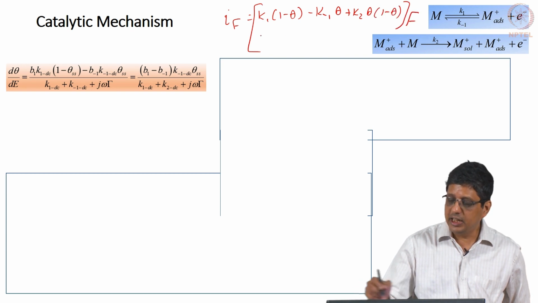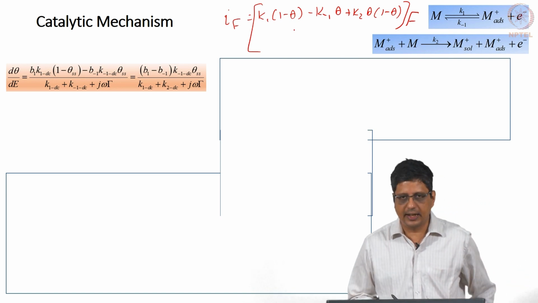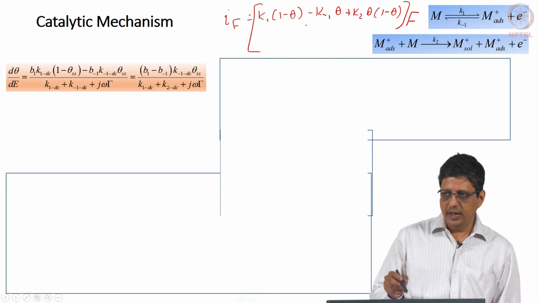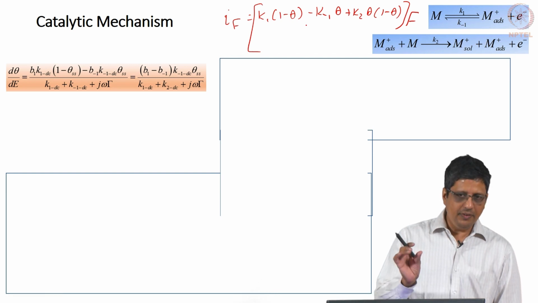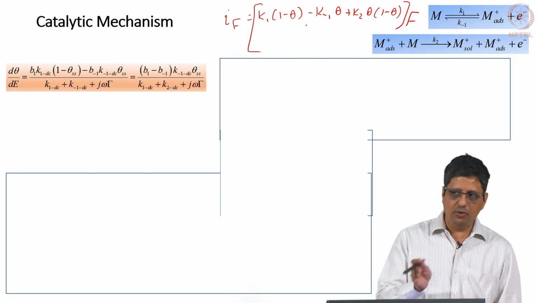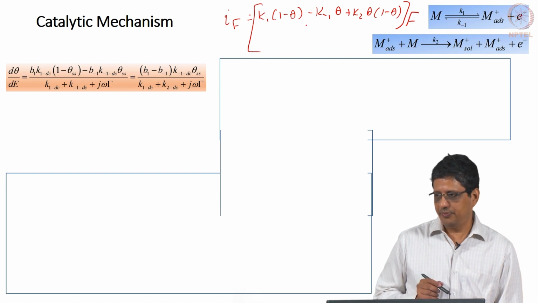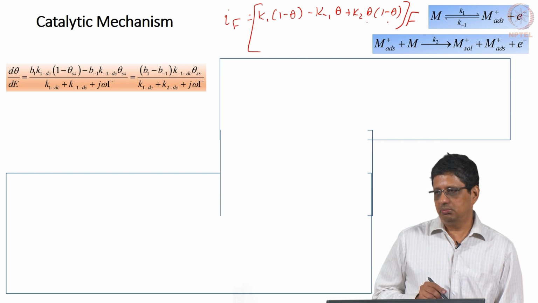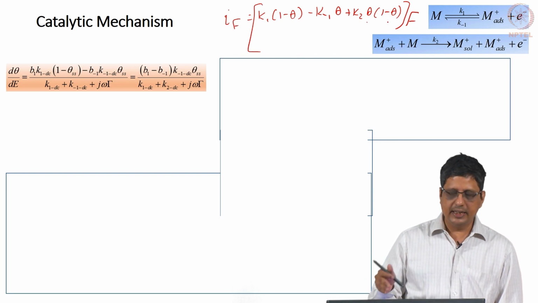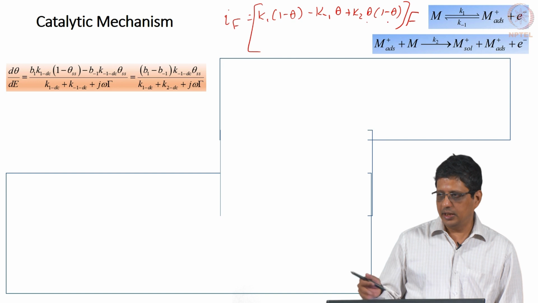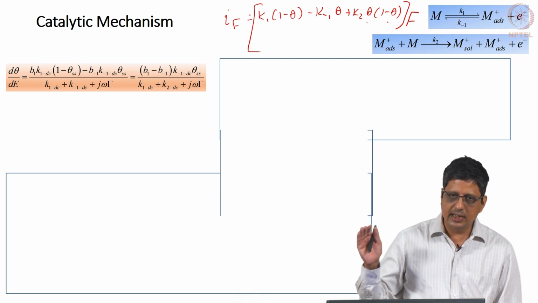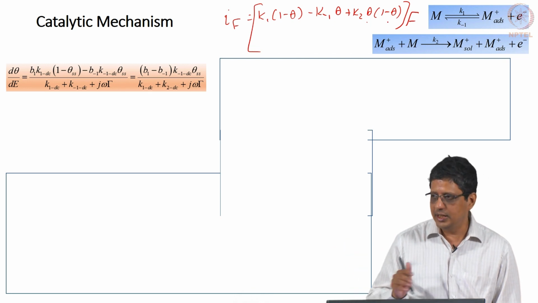Whole thing within the bracket multiplied by the Faraday constant tells you the current. So, I would like you to expand here, leave d theta by dE as it is, because we know we can substitute from the previous page. The only thing you need to take care of is theta 1 minus theta. You can either multiply that and write it as theta minus theta square and then do this, or you can just take it as theta SS plus d theta by dE EAC. As long as you make sure that the EAC square and higher order terms are thrown away, it is okay.